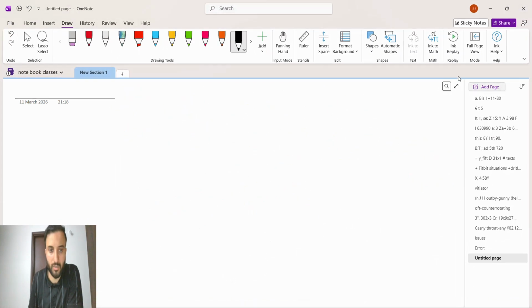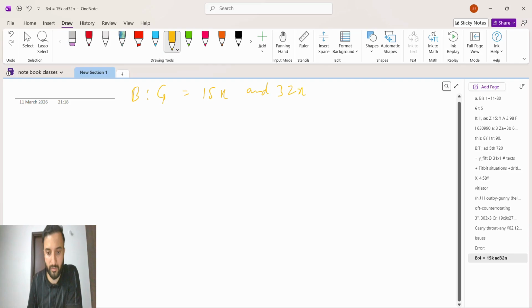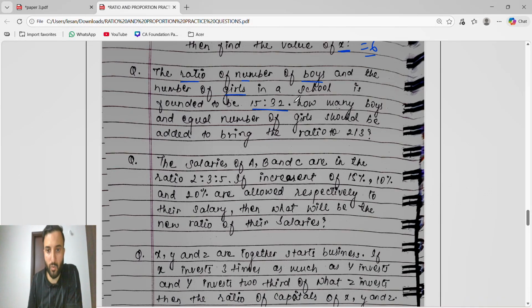Boys is to girls is 15:32, means we will take 15x and 32x. How many boys and equal number of girls should be added, guys, see, very simple thing they had given, they asked how many boys. When we have to find anything we will take it as a